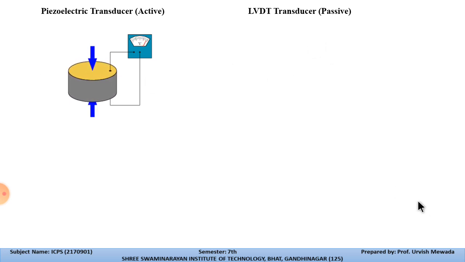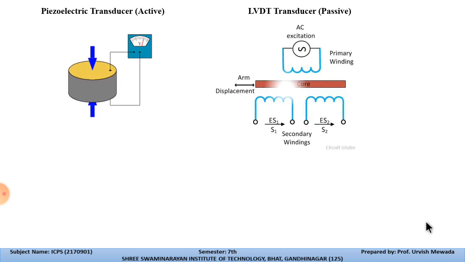Now the next is the LVDT transducer, a passive transducer. Why is this transducer called a passive transducer? Because it requires AC excitation for the operation. In this type of transducer construction, we have the primary winding and two secondary windings, both connected in differential manner. Means the EMF of coil 1 and the EMF of coil 2, E1 minus E2, is equal to the output, E output. This core is a movable core. We can move this core in the positive x direction and the negative x direction.